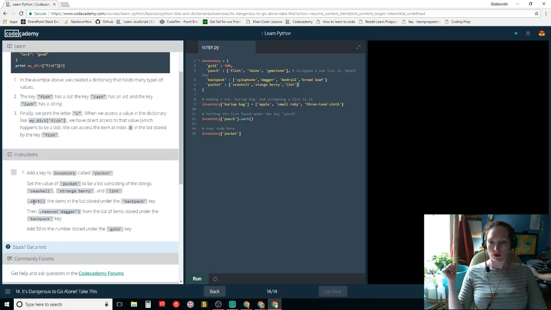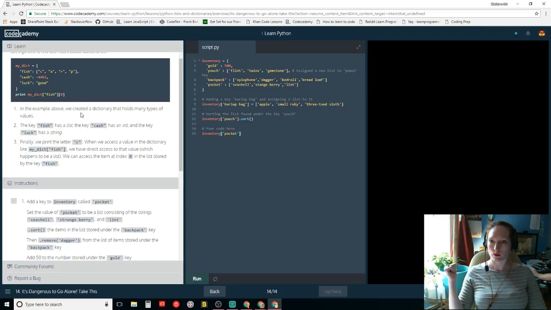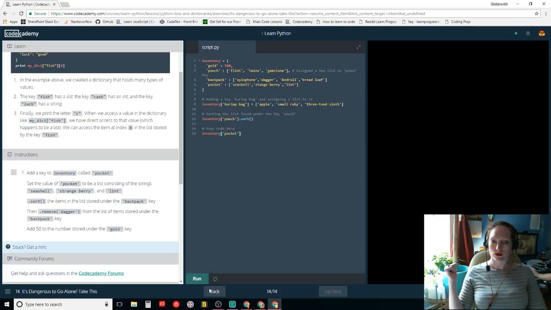Okay, then we're going to sort the items in the list stored under backpack key. This is probably where I need to do it, right? We add something new.